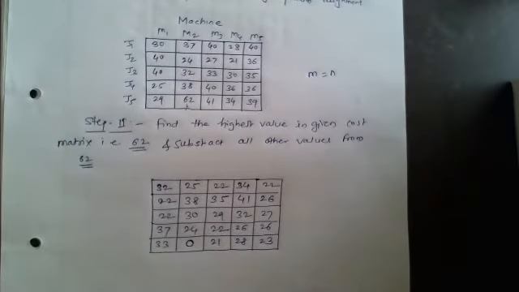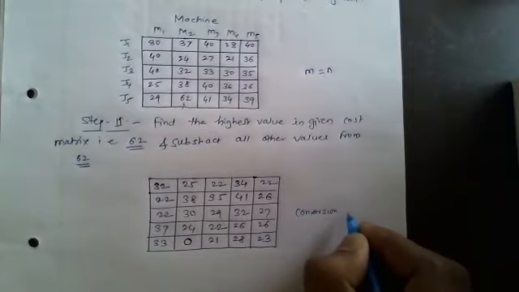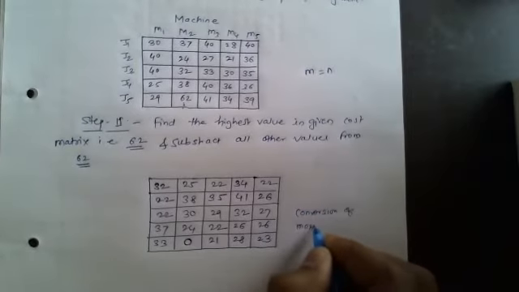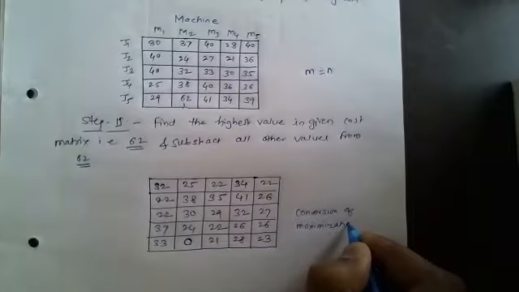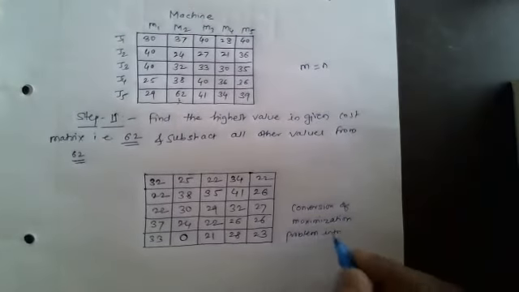After that, we have to subtract all the values of that given matrix from that highest value. So we are getting this particular matrix. So this is nothing but what we did, conversion of maximization problem into